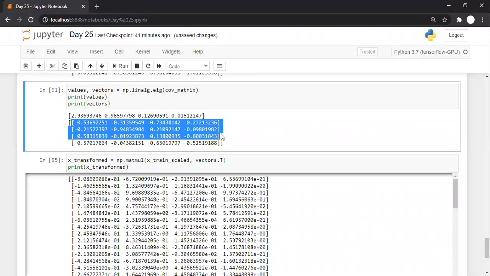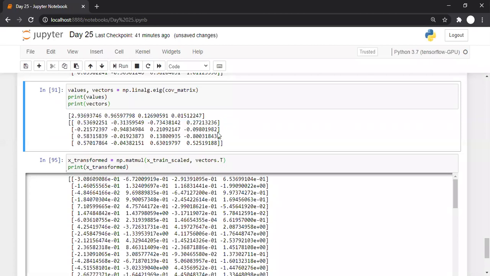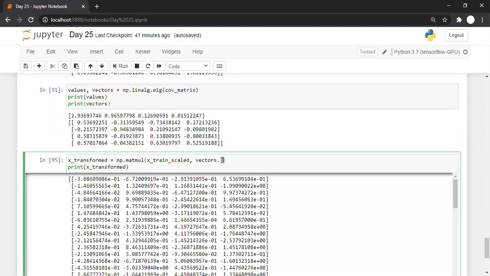And now I will go with multiplication. If I want only one, then I will select only this thing. I will select the highest eigenvalue and its corresponding eigenvector, and then I can go for it. For example, here after transform, I'll say I want all the rows, but I want only 2 columns.